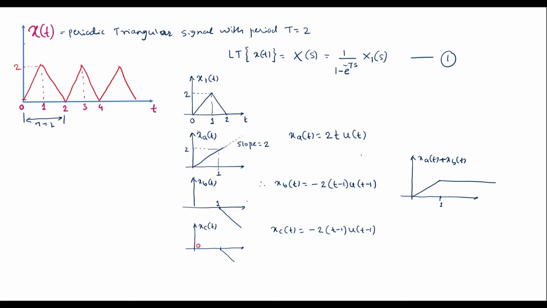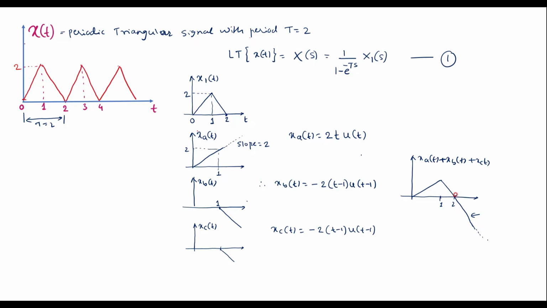So now if we add xc of t with this signal, that is, I will add xc of t here. Now we will get the signal like this. This ramp is continued till infinity. But here we can see that at t equal to 2, the ramp signal is stopped. So now we are supposed to stop this signal at t equal to 2.